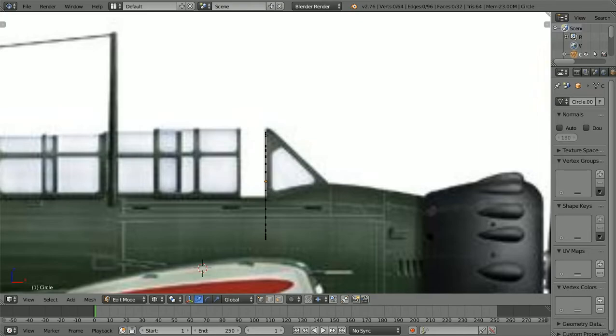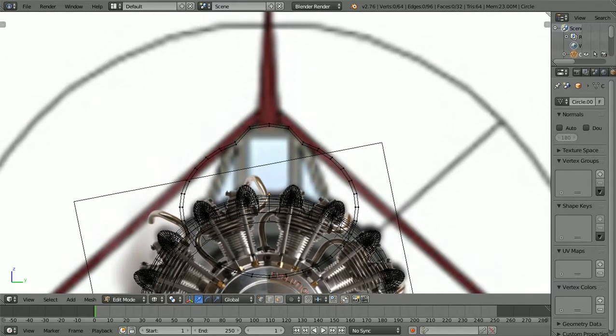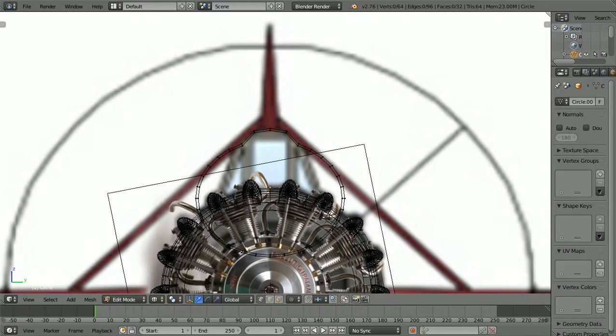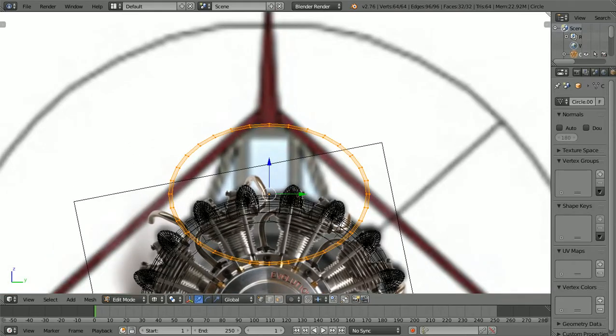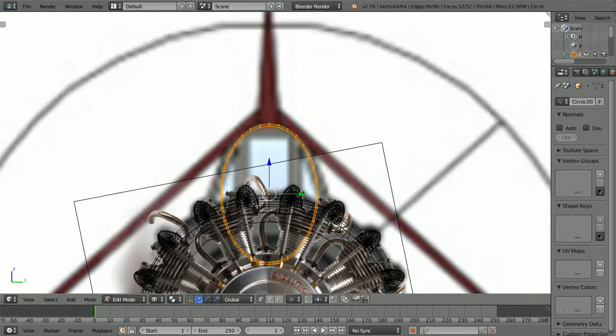So what I wanted to do, instead of having so few vertices, let's go Control Z several times. Let's go back to this whole oval, and let's box this whole oval in. Let's scale this on the Y, and let's bring this down again. We're right about there. And then what's kind of nice about this is that we